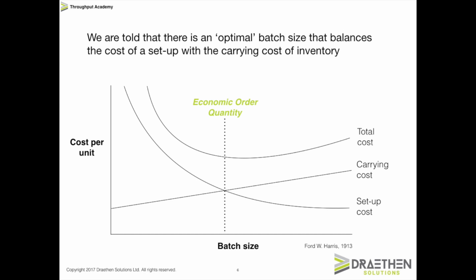Now you may be looking at that total cost line and thinking, well, it dips a little bit to the right there. Alex, what's going on there? Well, it's just my inability to use Keynote, so don't worry too much about that. The basic point I need you to understand here is that economic order quantity says there's a sweet spot between cost per unit on the one hand and batch size on the other, and that's where you should set your